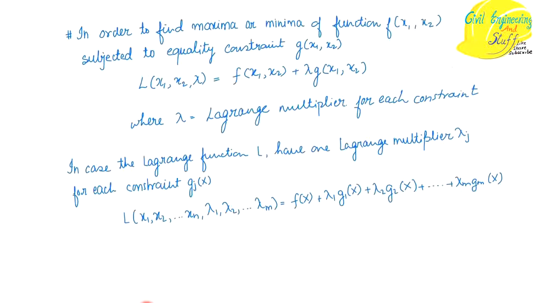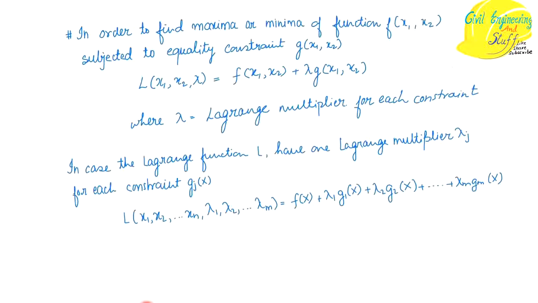So now we have two constraints, and more Lagrange multipliers will be added to form the equation. f(x) is our main equation that we have to optimize, and depending upon the constraints, if we have more than one, g1 and g2, then using more Lagrange multipliers, that is lambda 1, lambda 2 and so on, we will form a new equation